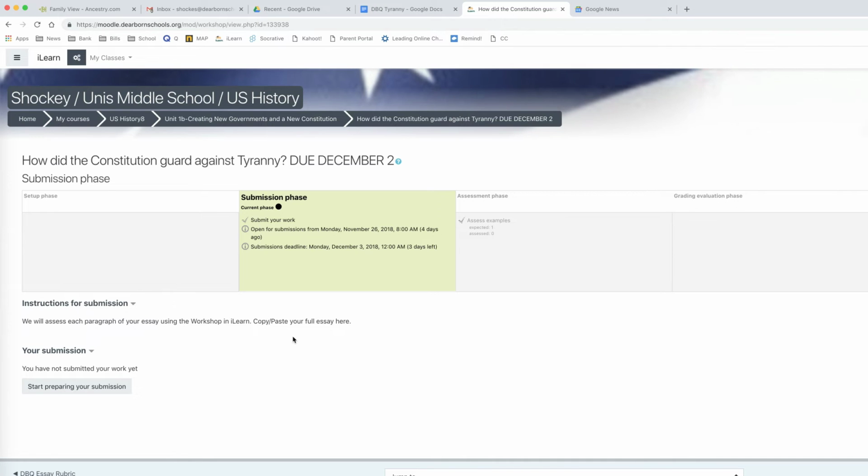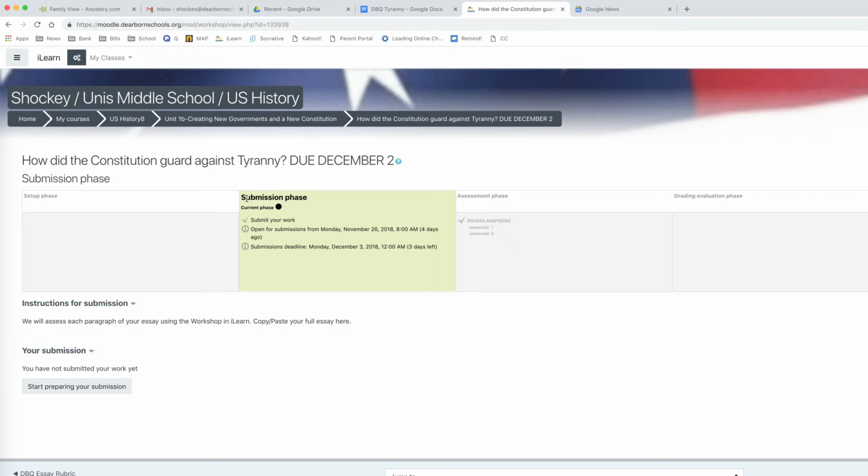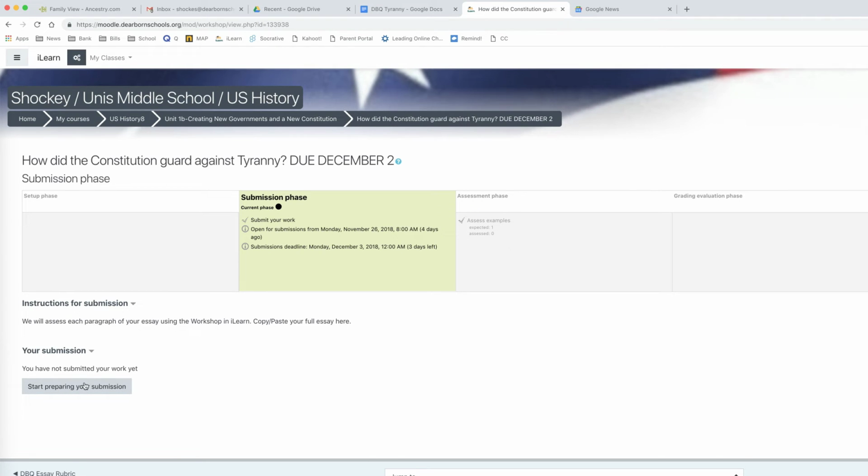So when you get to this phase, you're going to notice that currently we're in the submission phase of this workshop. It was opened up on November 26th, this past Monday, and as you are aware, it's going to be available until midnight Monday, so 11:59 Sunday night. All you're going to need to do is click on this button right here. It says Start Preparing Your Submission,